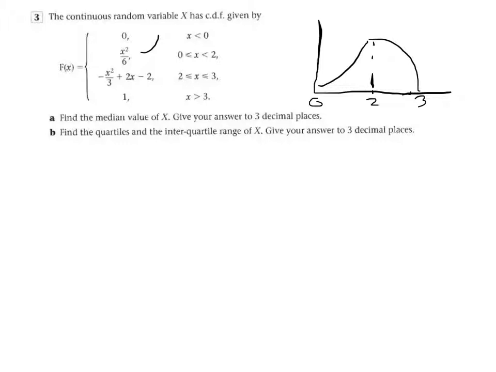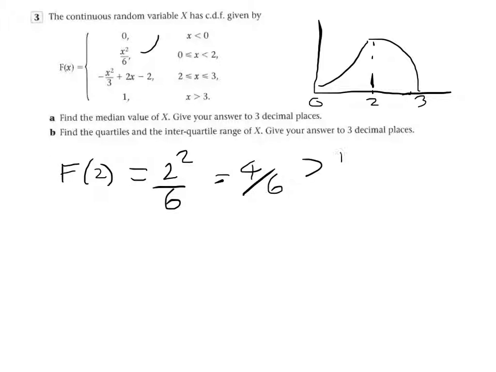You might think, well, how does he know that? Well, if I look at f of 2, that is going to equal 2 squared over 6, which equals 4 over 6, which is greater than a half. And we need to find the median, such that, although my diagram's not to scale, this area is a half. So given then that f of m equals a half,